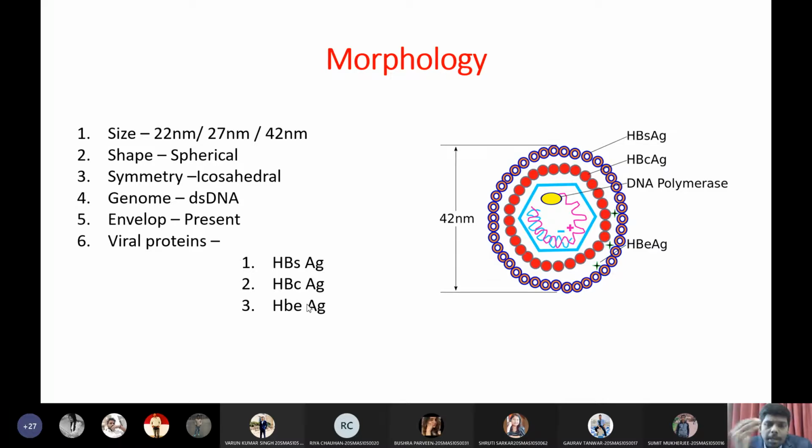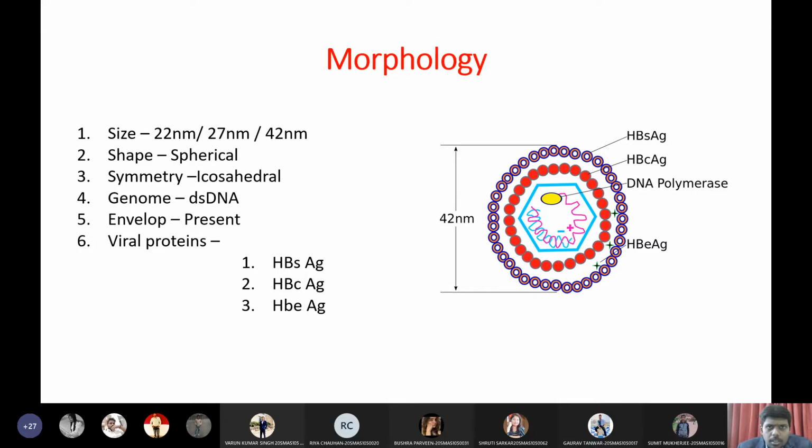Now, whenever the virus enters our body, it won't sit quietly. Our body will try to fight against the virus. Our body will respond to the virus and our immune system will start synthesizing antibodies directed towards the virus. So let us see a typical pathogenesis of this virus: what happens once the virus enters our body and how our body responds to it, what types of antibodies the body produces in order to contain the virus. Let us see the production of antibodies and the types of antigens present in the body, the pathogenesis of hepatitis B virus.